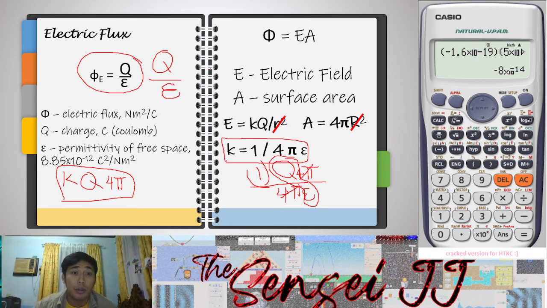So, but don't get me wrong, if we have a given of electric field and area, we have to use our original formula of E times A, electric field times A. And we have here our another formula of charge of Q all over permittivity of free space. Okay, so